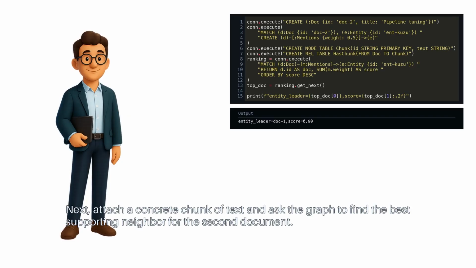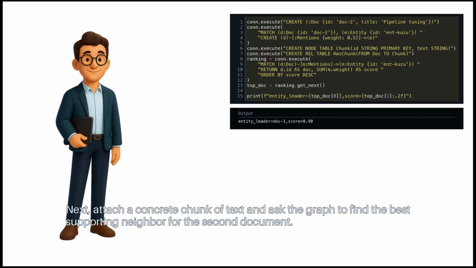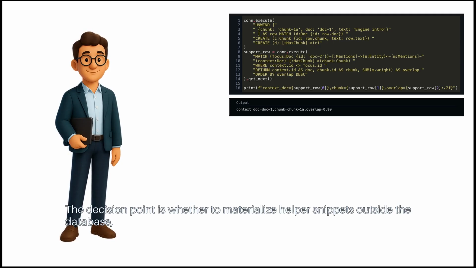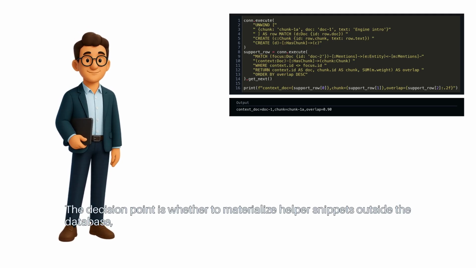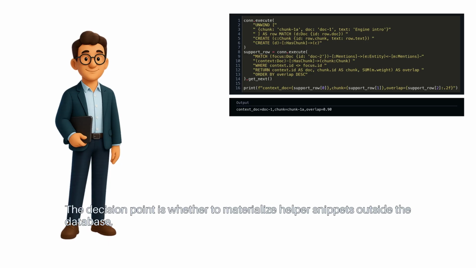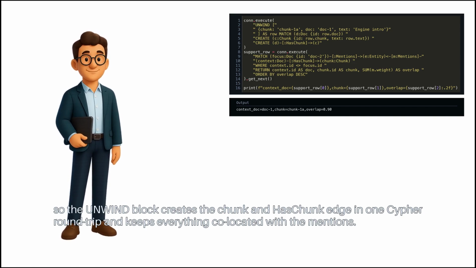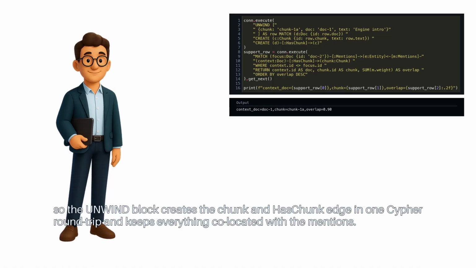Next, attach a concrete chunk of text and ask the graph to find the best supporting neighbor for the second document. This snippet attaches the first chunk node and uses Kuzu to surface the best supporting document for Doc2 via shared entities. The decision point is whether to materialize helper snippets outside the database. So the unwind block creates the chunk and has_chunk edge in one Cypher round trip and keeps everything co-located